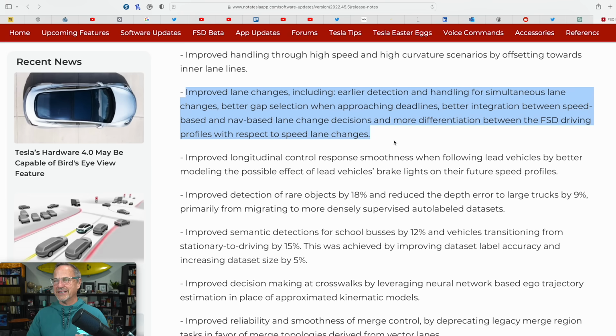Improved lane changes, including earlier detection and handling for simultaneous lane changes, better gap selection when approaching deadlines, better integration between speed-based and nav-based lane change decisions, and more differentiation between the full self-driving profiles with respect to speed lane changes. So a lot of words here, but basically the problem that I always talk about with doing full self-driving, and I've demonstrated this on several of my test drives that I've got videos, and I'll post one of them up here at least. But anyway, the car does not do a good job of translating between the navigation data,